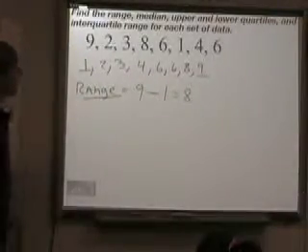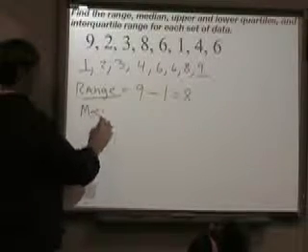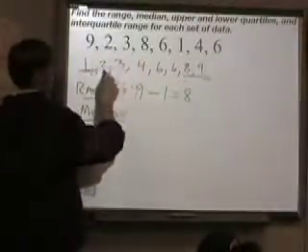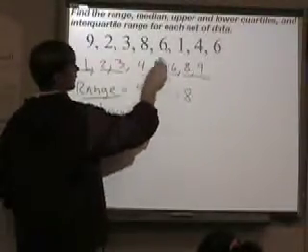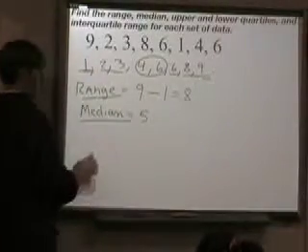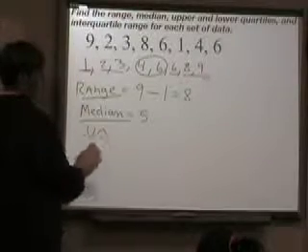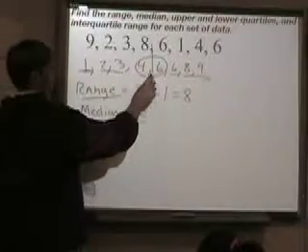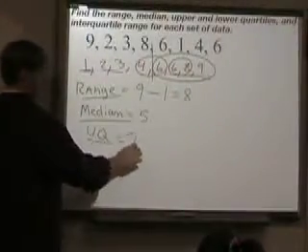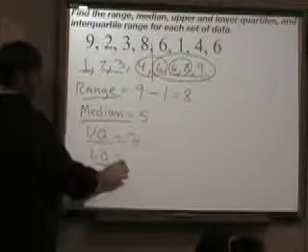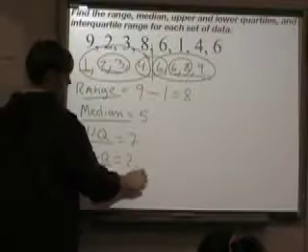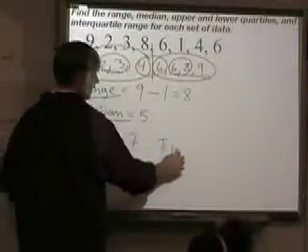All right, Natalia, tell me what the median is. The median is 5. Okay, the median is the middle number, so it's going to be the middle of those two. 4 plus 6 is 10, divided by 2 is? 5. Okay. The upper quartile is the median of the upper half. We split it here. The median of 8 and 6 is? 7. The lower quartile is the median of the lower half. The median of 2 and 3 is? 2.5. So now the interquartile range